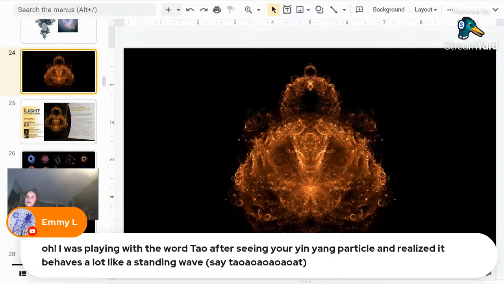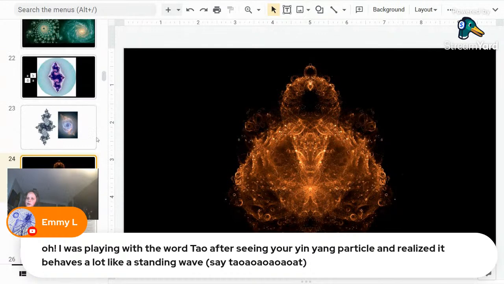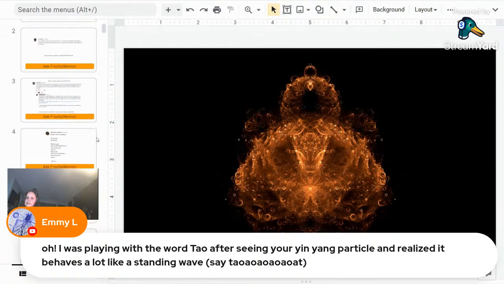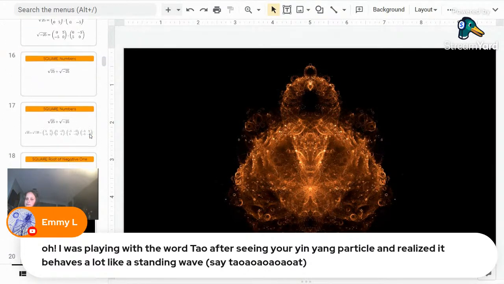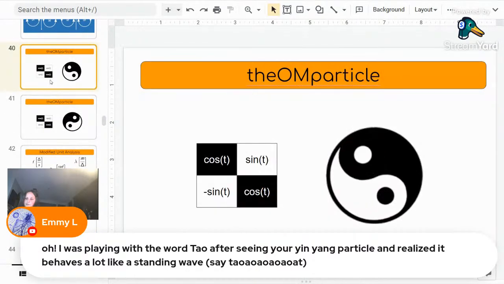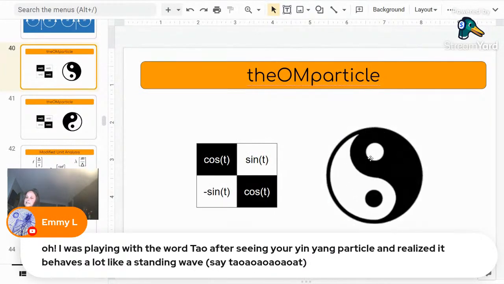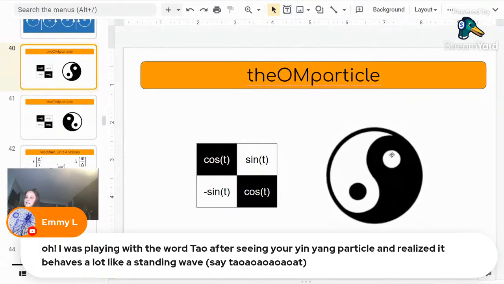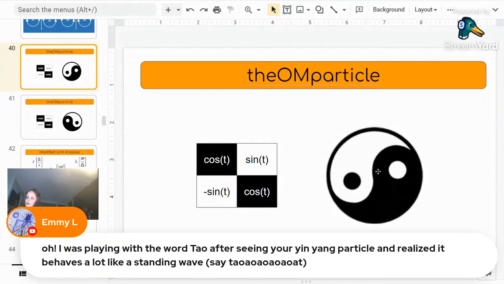Okay, I'm going to end it with the yin yang particle, because it's such a simple thing. This is my model of a particle, and in the yin yang, you can think of the black part as a valley with a hill at the top, and the white part as a hill with a valley at the top. That is just an idea I got from